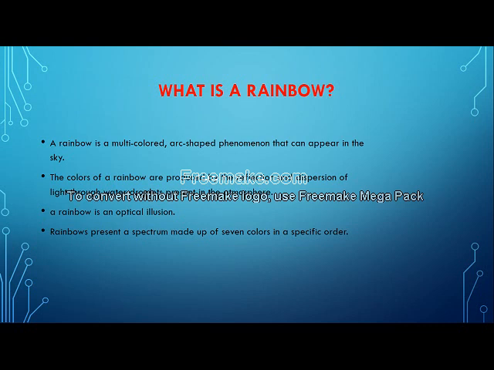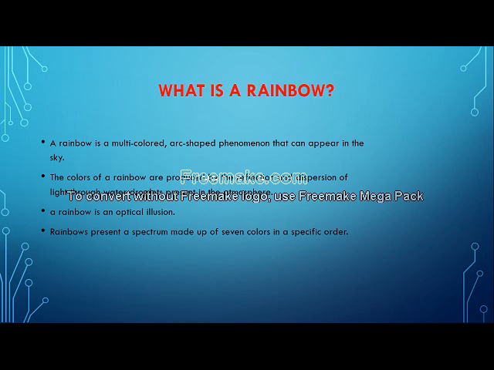Some of the very interesting phenomena about rainbows are, children, at a time 4 to 5 rainbows can be formed in the sky. There are different types of rainbows that appear, and many times you must have seen two rainbows. So the one which is nearer to you is called the secondary, and the one which is farther is called the primary rainbow. And rainbows are very beautiful. They are always a site of attraction. It's a beautiful nature's gift to our children.